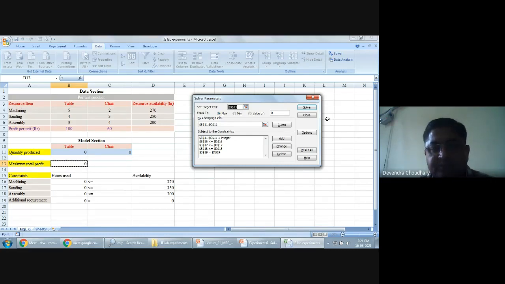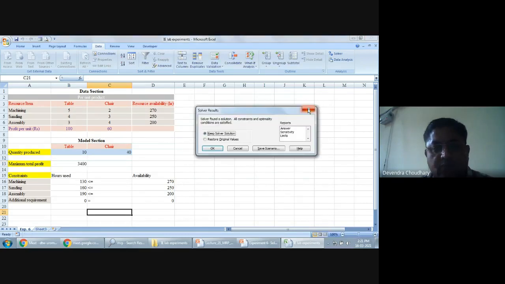What happens? Oh, now you see. With this additional requirement, you are going to produce 10 tables and 40 chairs, and you are making a profit of 3,400. And see these things. All 3 resources are lying idle.